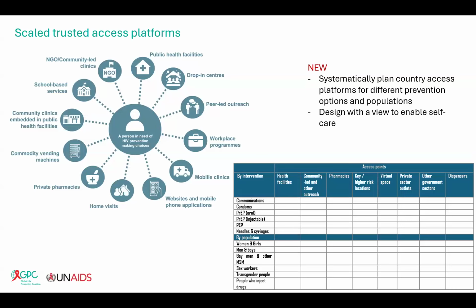We then have in the framework a new outline of trusted access platforms that could also be, and you see the table here to the bottom right corner, linked to those needs estimates for prevention. And then they could be broken down here by the different access points, whether that's health facilities or community or pharmacy-based settings or key